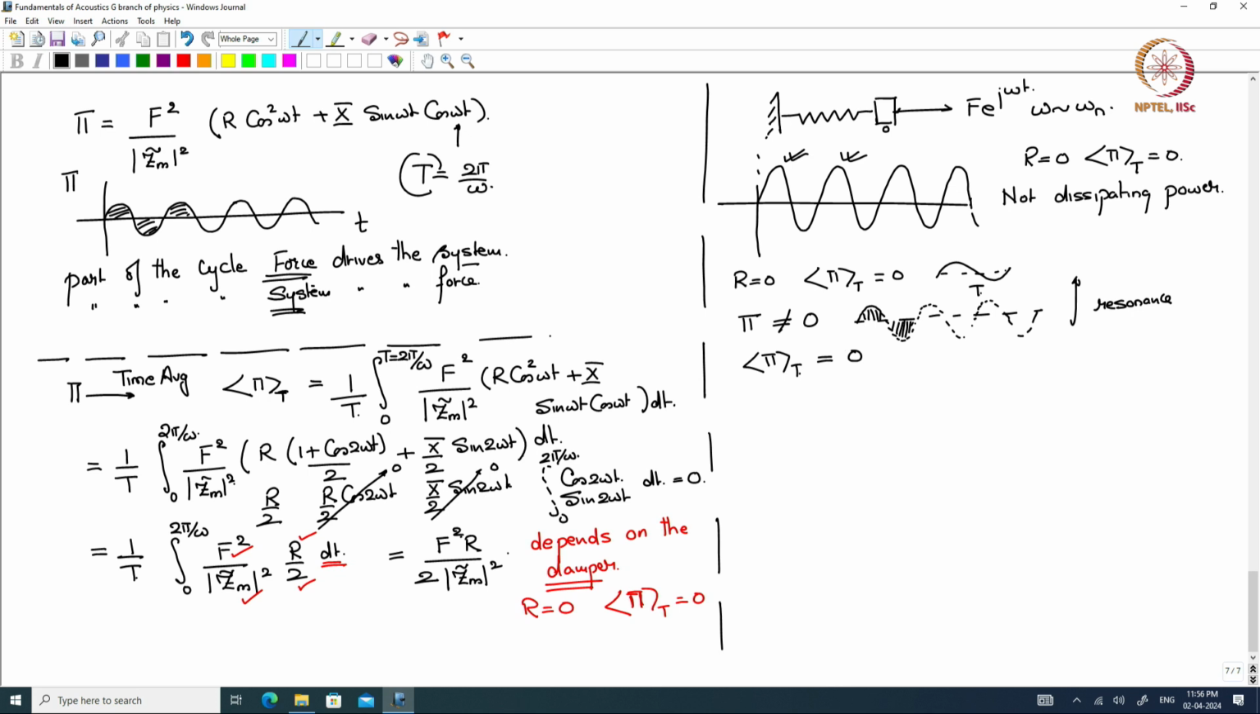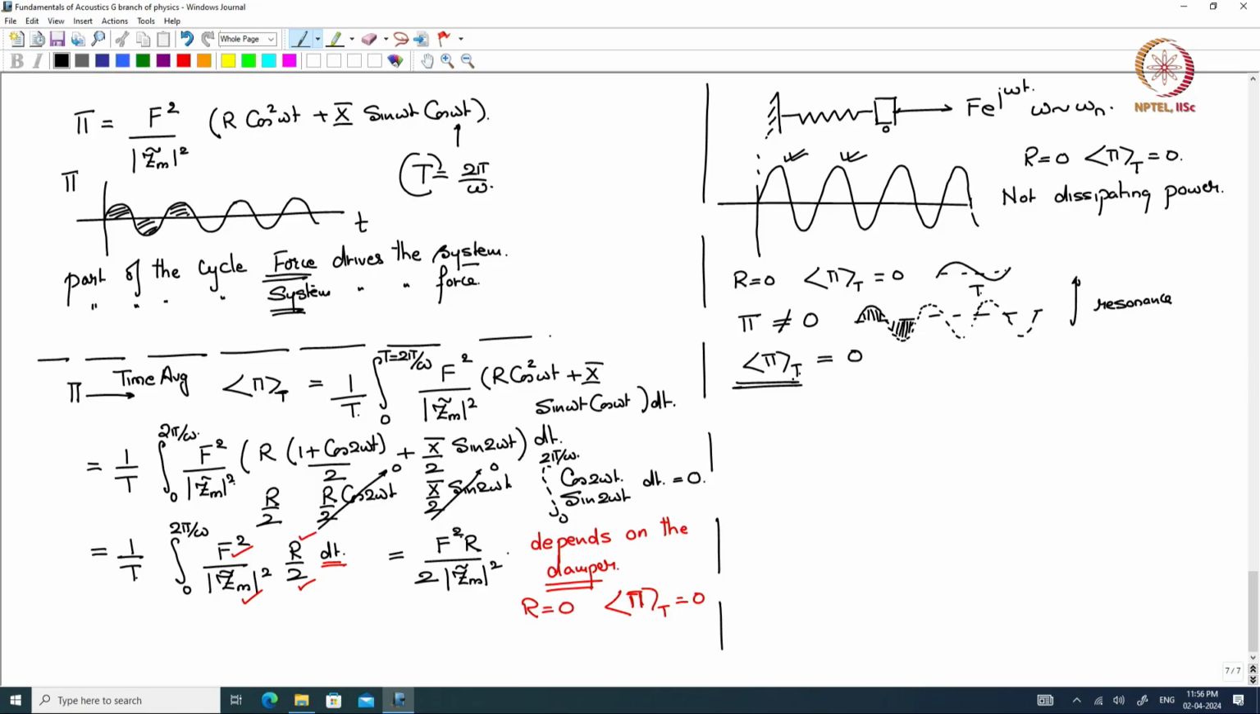Parts of the cycle the force pumps power, the other parts of the cycle the force takes away the power, and using this interaction the amplitude builds up, although on an average there is no power dissipated. Now if we further look at the expression for average power,